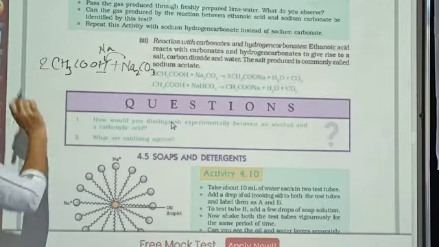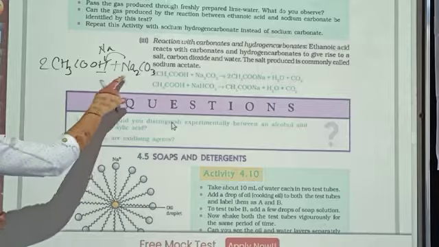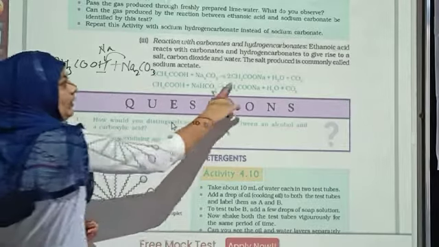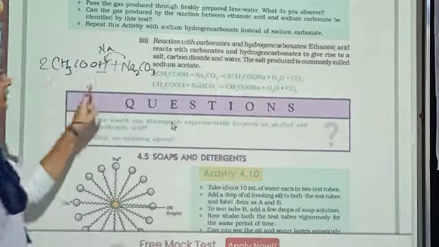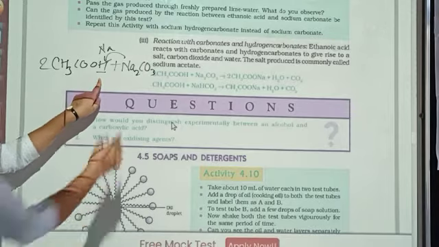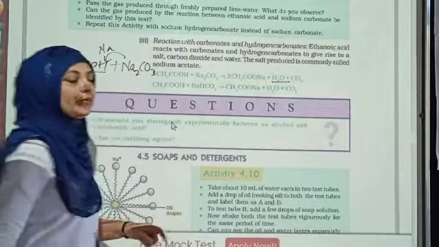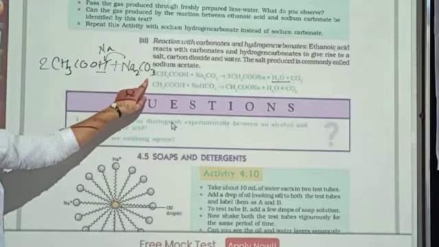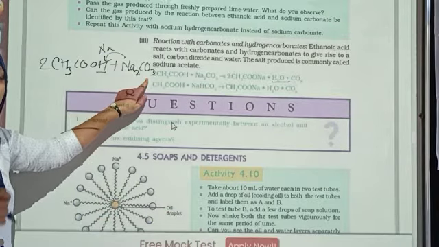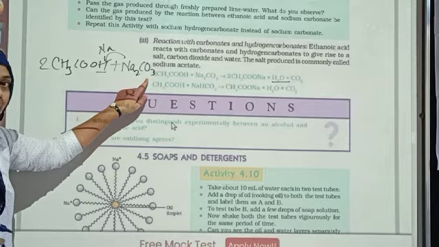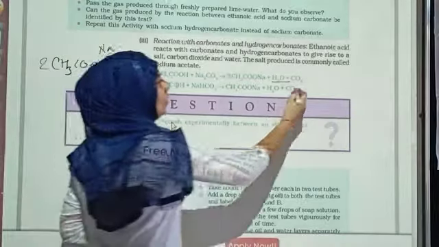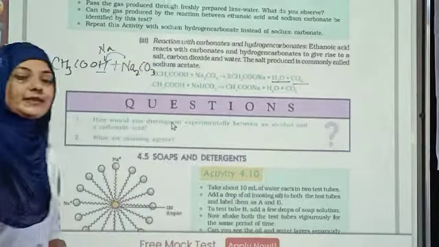You have to take these 2 moles. Those 2 sodiums will be attached over here, CH3COONa. 2 hydrogens are removed, and will take 1 oxygen from here, resulting in a water molecule. If this carbonate CO3 is losing 1 oxygen, how many oxygens are remaining? 2. So it is coming out as CO2, carbon dioxide.